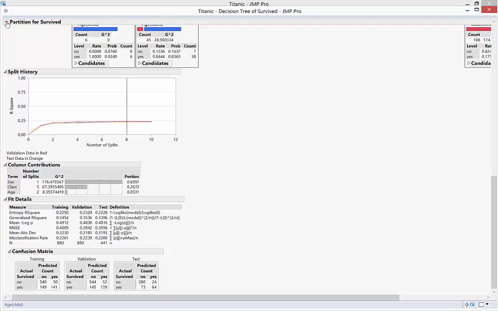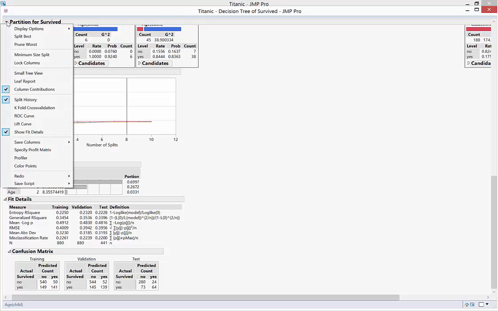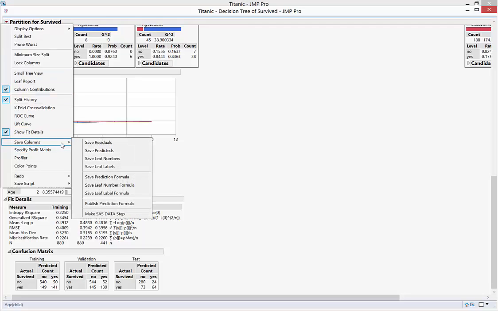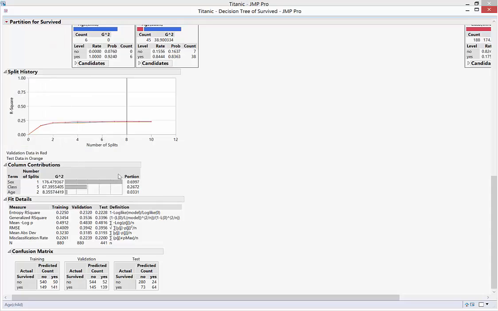So what I have to do really in order to deploy that model and make predictions on other unobserved data is this. I have to go into the red triangle menu and then save columns, and I have to go ahead and save prediction formula. So in the save prediction formula,